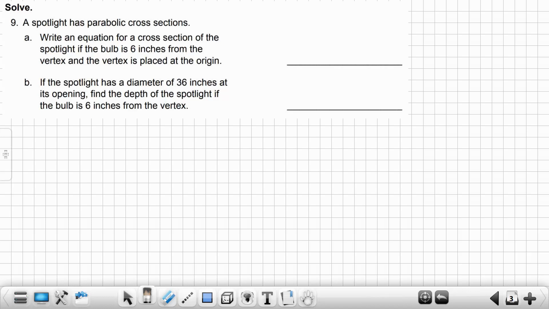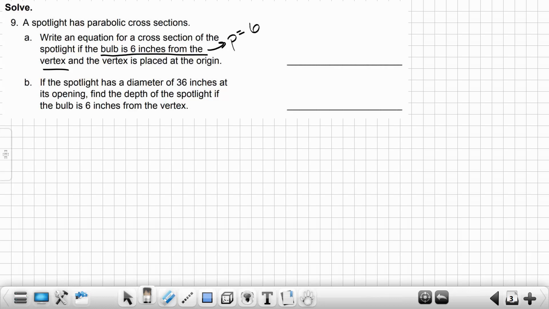So guys, here. It says the spotlight, if the bulb is 6 inches from the vertex. Refocus, please. The bulb is 6 inches from the vertex. So it's telling you the focus is 6 inches from the vertex. The light bulb is the focus. So